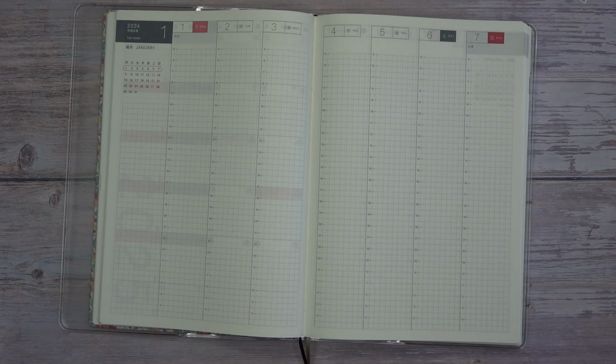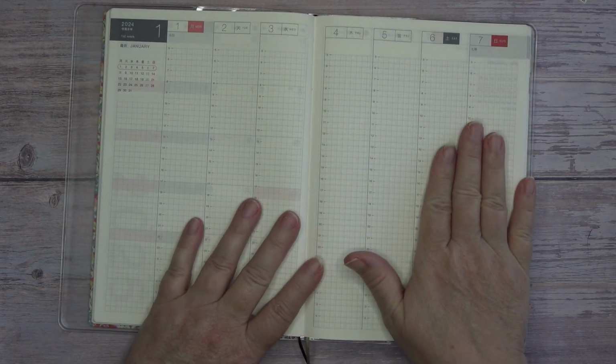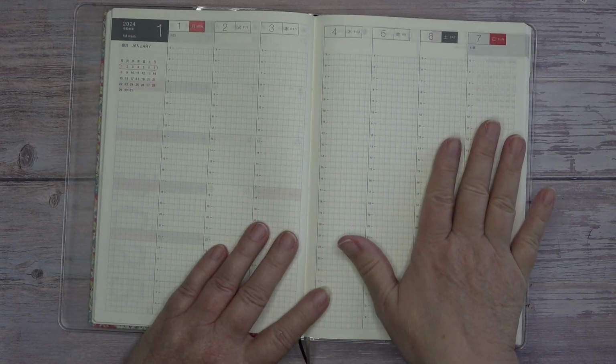So it's going to have my reservation information. It's going to have contact information for the host. All of that information is going to be here. So let's say I spend the first and the second traveling. I would do that, and then the third, the fourth. This is when I'm going to track